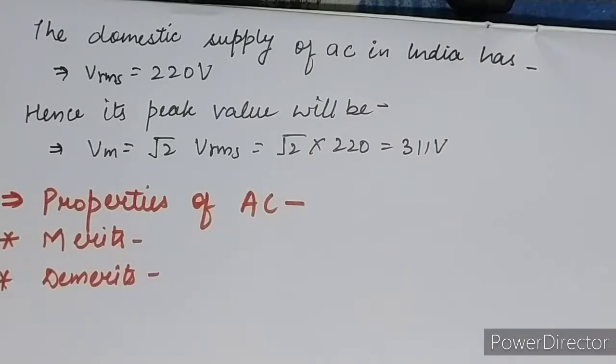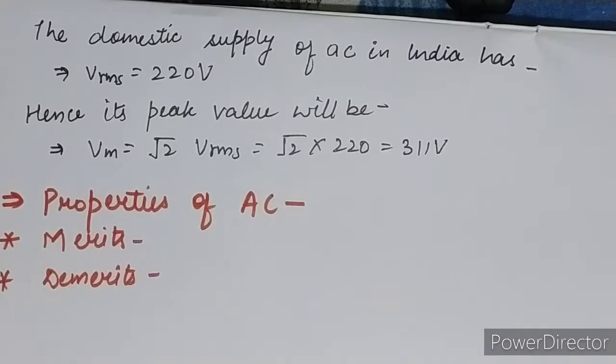For making them, we have to use batteries, and batteries have a DC source. So for electrolysis, electroplating and making electromagnets, we have to use DC only. AC is not supplied from a battery, and a battery has only DC current. If we use AC directly, then our reactions will not occur. Clear? So these are the 3 demerits, and we have explained 3 merits and 3 demerits of AC.